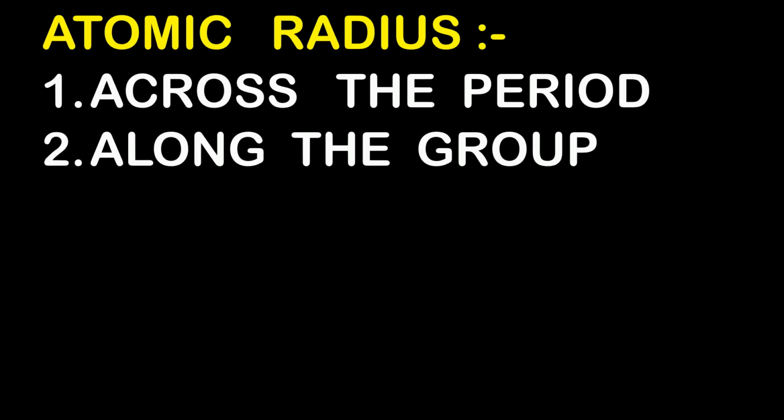But guys, have you ever wondered why the atomic radius varies along the period and group? This is mainly because of three factors. So first of all, we will understand those three factors and then we will understand how the atomic radius is going to vary along the period and group. Now to understand those factors, let us move on to my book.